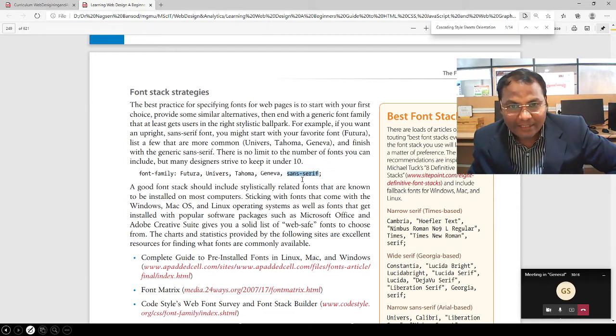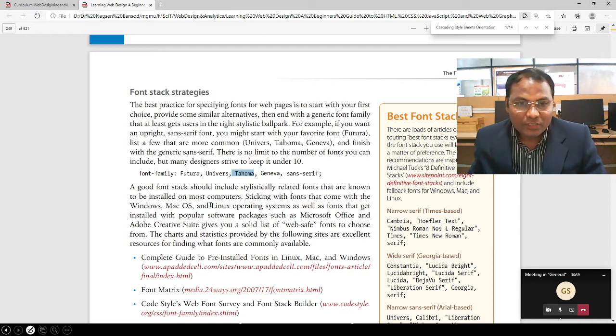I have added all these here, but only one will be selected from this list according to browser support. If the browser does not support this font, then the next will display. One from this list will be selected.